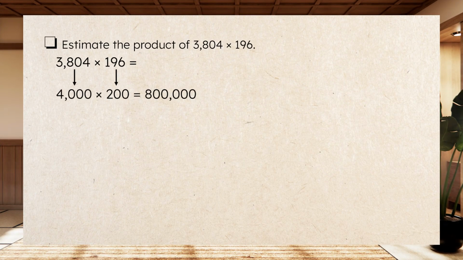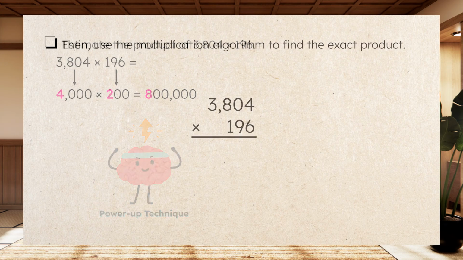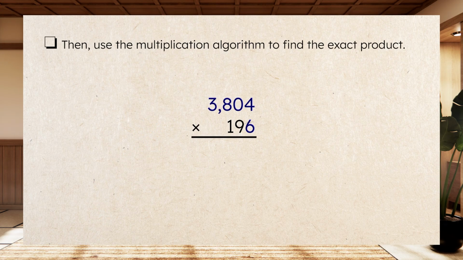First, round to estimate. Our power-up technique tells us we can multiply 4 times 2 to get 8, then add 5 zeros. That's 800,000. Using the multiplication algorithm, we multiply each digit by 6 ones. With regrouping, that's 22,824. After crossing off our regrouped amounts and adding one placeholder 0, we follow the same steps to multiply by